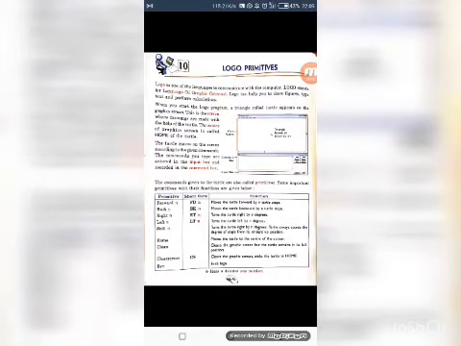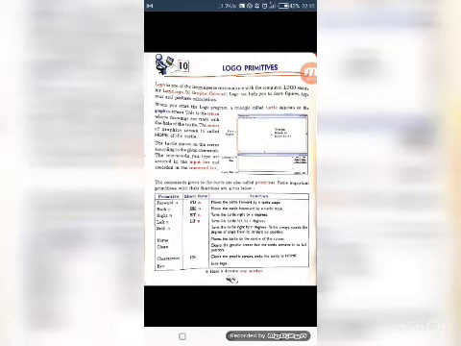This is your IT period, and today we will start a new chapter, Logo Primitives, chapter number 10, page number 46. So please take out your books and open page number 46. We are going to study about the commands of logo, and today we will learn how to make shapes using the turtle. So all these are new words to you, so I will introduce you with few new words.